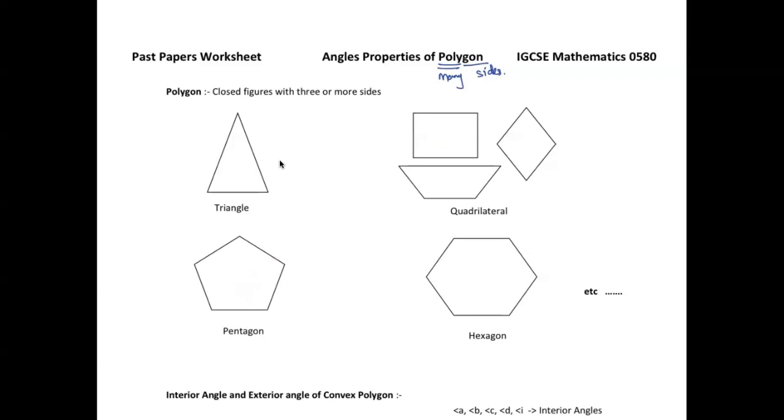Now, every shape can be divided into a number of triangles. So for example, if I want to divide this rectangle, I can have 2 triangles. If I want to divide this trapezium, I can divide it like this, and I can have these 2 triangles. I can divide this kite, and 2 triangles are formed. For a pentagon, if you divide it like this, you can divide it in any way, there are 3 triangles involved. In a hexagon, there are